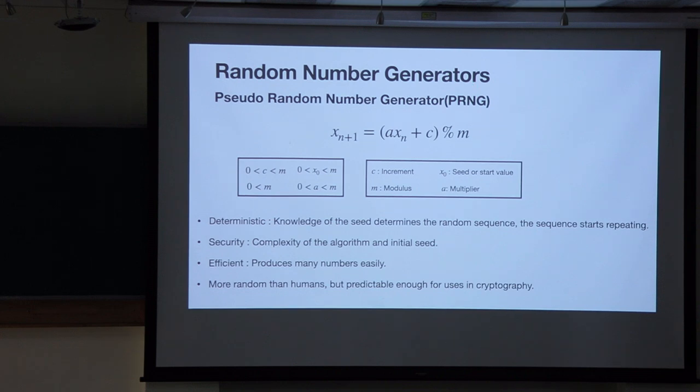Now if you have a look at this, say you start with some initial x naught, you will find this can generate really good random numbers. But the problem with this is, once someone knows the formula that you're using and these parameters, this set of random numbers is totally determined, and it's not really safe for use in secure applications such as cryptography. This is because the security is completely dependent on the complexity and the initial seed of this algorithm. Unlike this one, there might be some formulas which are really difficult to compute, and in that case you get some time frame in which you can use the random numbers.